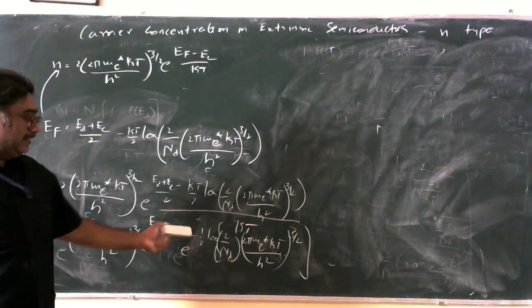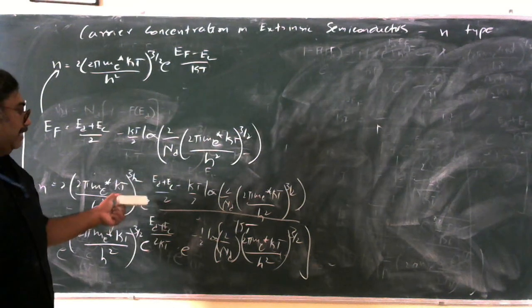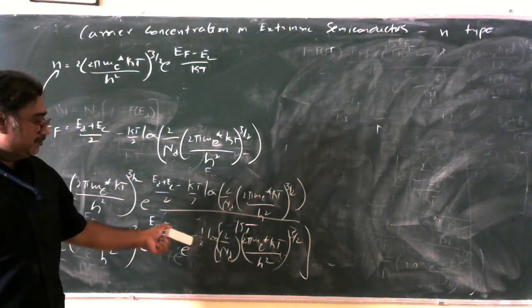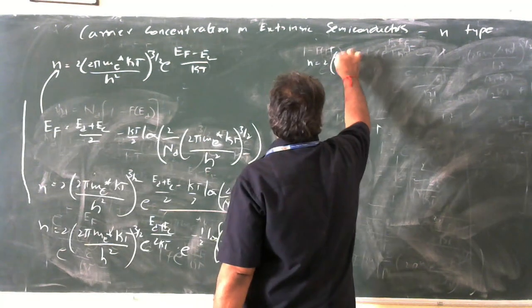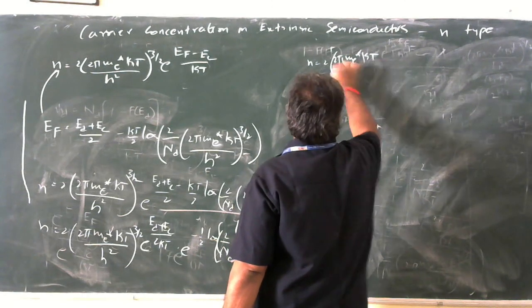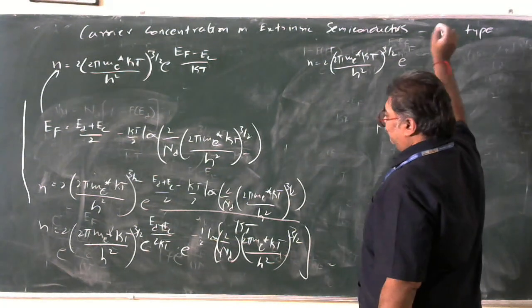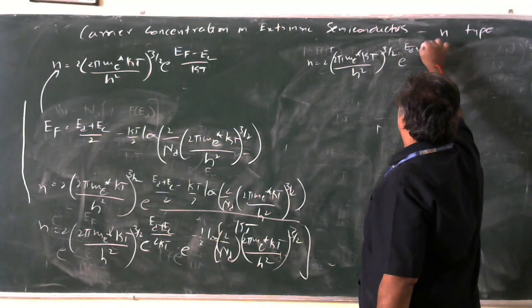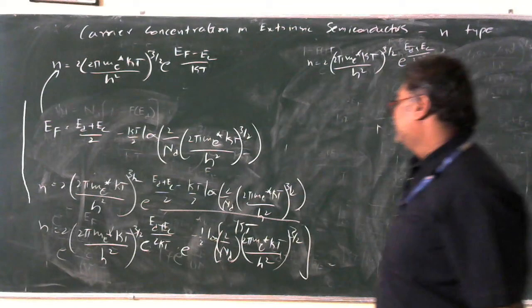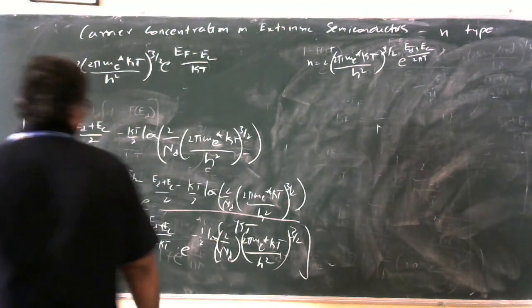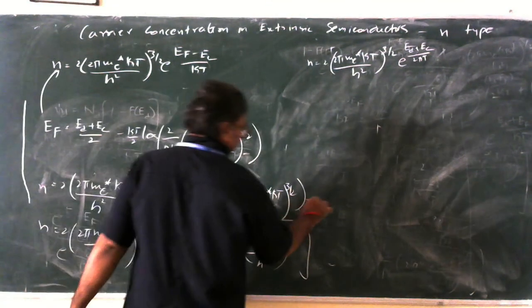So now let us take this minus 1/2 to the other side. When we take minus 1/2 to the other side, still we have exponential, and still we have exponential of minus 1/2 log of... So minus 1/2 is taken to the power. So finally, what does this become? N equals 2 into (2πm_e*kT/h²)^(3/2) into exponential of (Ed + Ec)/2kT, into, and still we have one more thing. And what is that one more thing we have? Minus Ec. Still we have minus Ec. So this becomes minus Ec.